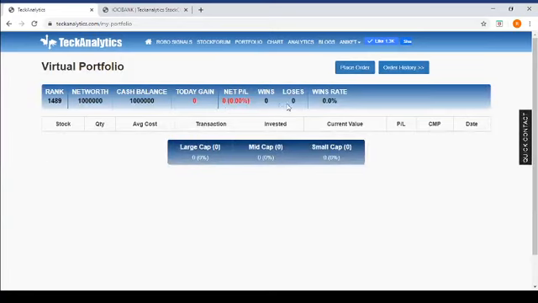So wins and losses are also important. We will be measuring this, or as an individual you will be measuring how you're doing in the stock market. Suppose you have placed 10 different orders in 1 week: how many of your trades went profitable, how many of those are in losses? So you will come to know, okay, six trades are winning trades and four trades are losses, so 60% will be your win rate, right?